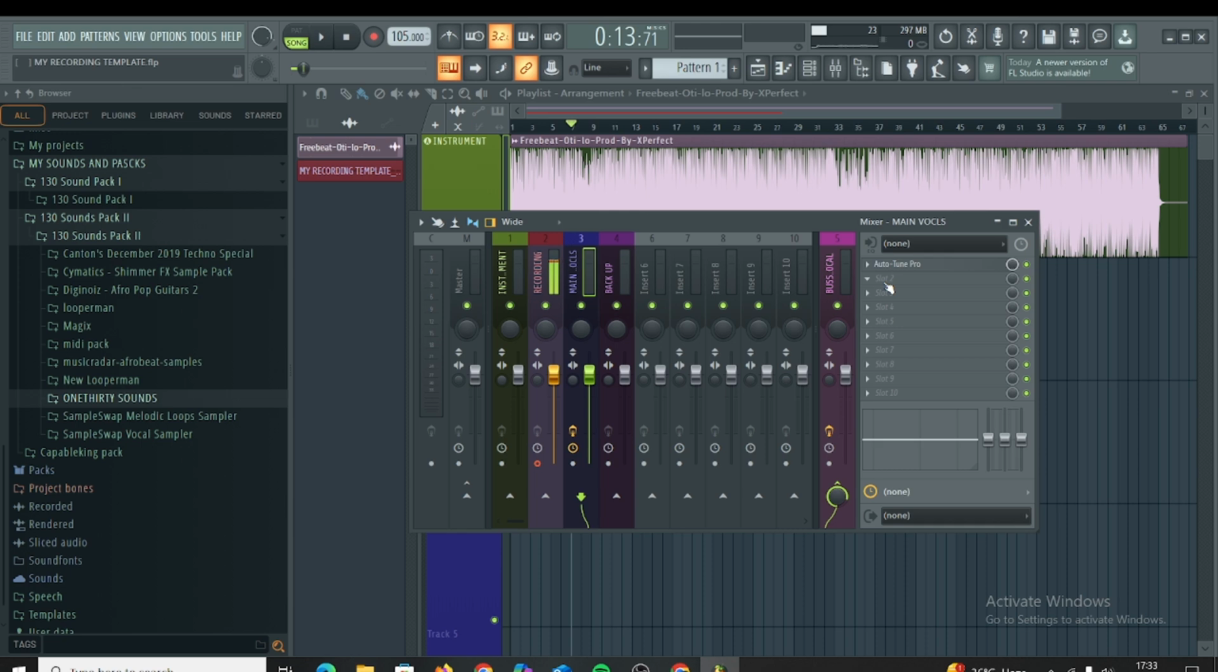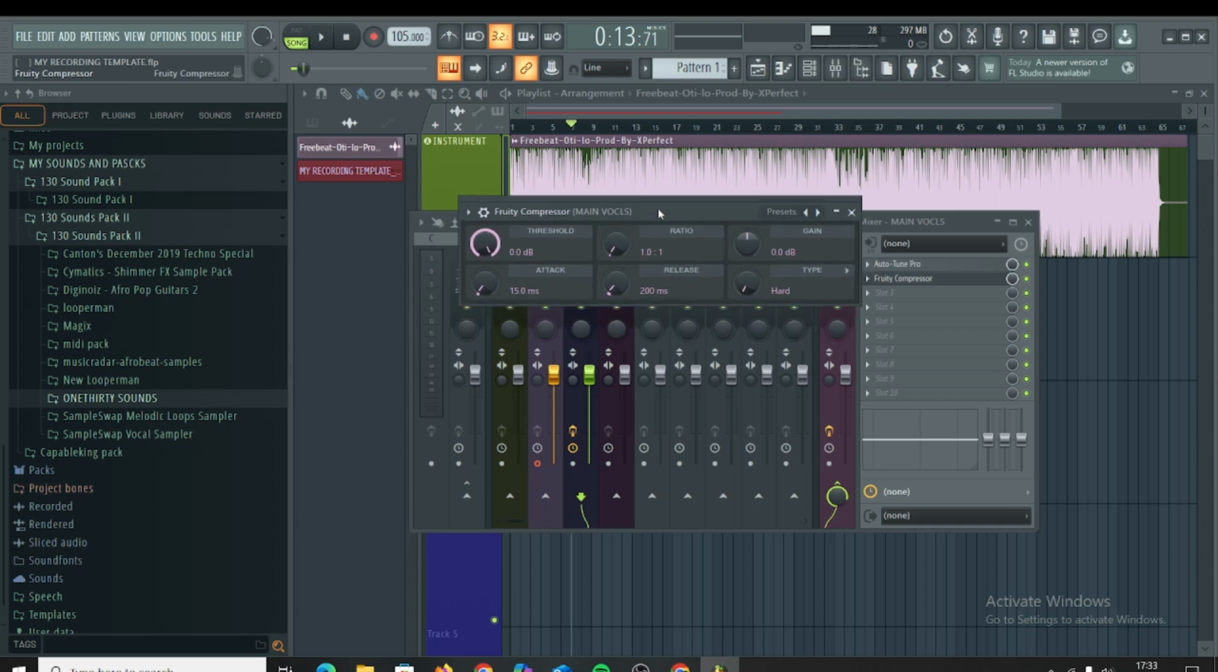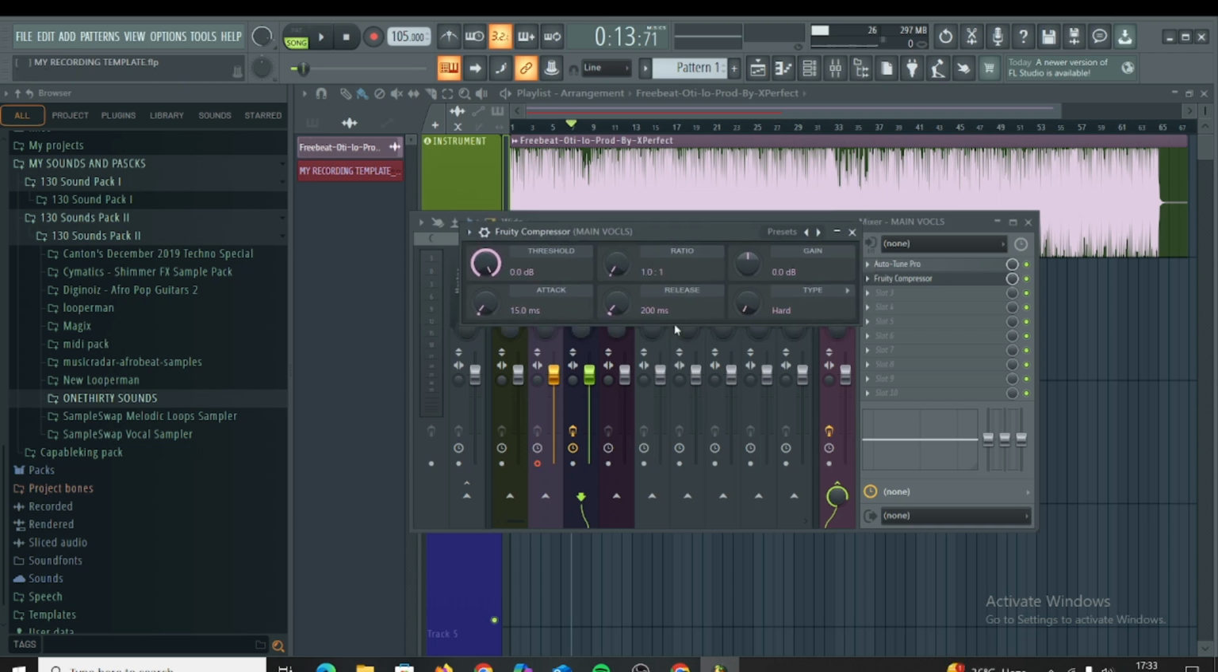So the first thing we need to do is head over and load in our compressor. For this, I'm going to use the compressor from FL Studio, which is called Fruity Compressor. Here is the compressor. The three basic things you need to look at when you are using a compressor are the threshold, the ratio, and the gain. Now let me explain. The threshold actually means